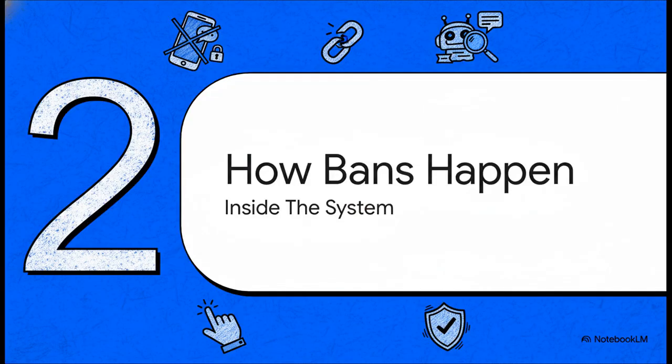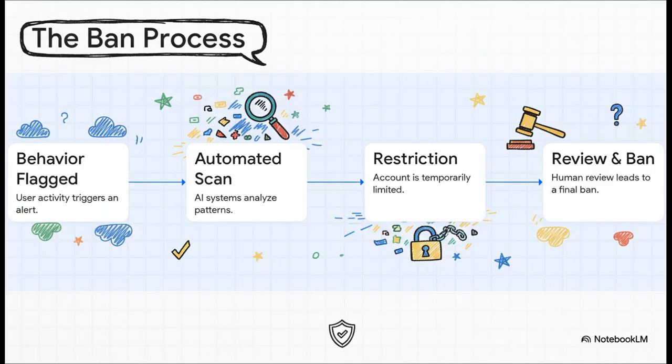This brings us to how these bans actually work. And it's not random at all. There's a whole system in place, a mix of powerful tech and human review that's designed to enforce the rules of the platform. So how does it all unfold? Well, it usually starts when someone's behavior gets flagged. This kicks an automated system into gear that starts looking for weird patterns. If your activity looks suspicious, your account gets restricted temporarily. That restriction then puts your account in a queue for a real person to review it, and that's what can lead to the final permanent ban. It's a pretty clear four-step process.